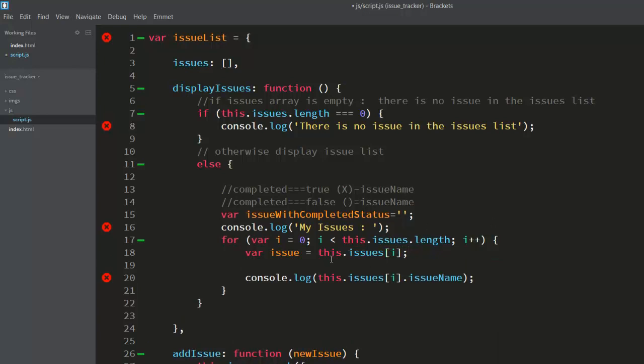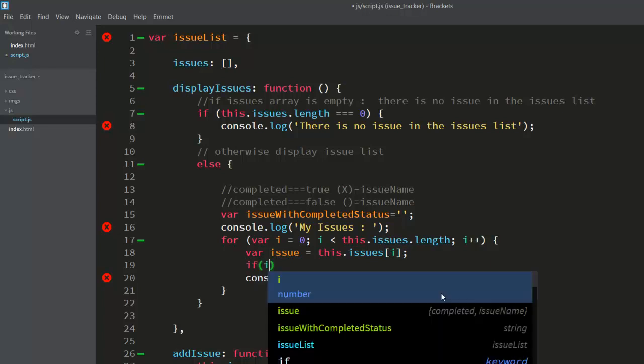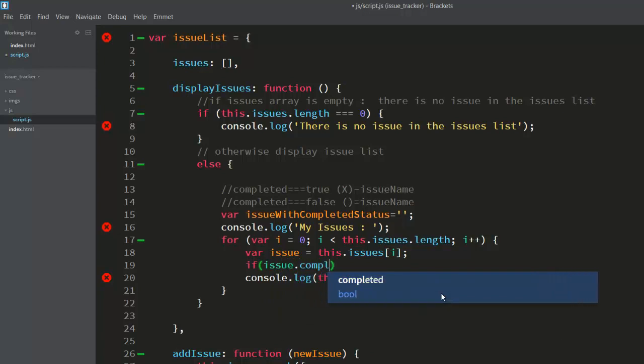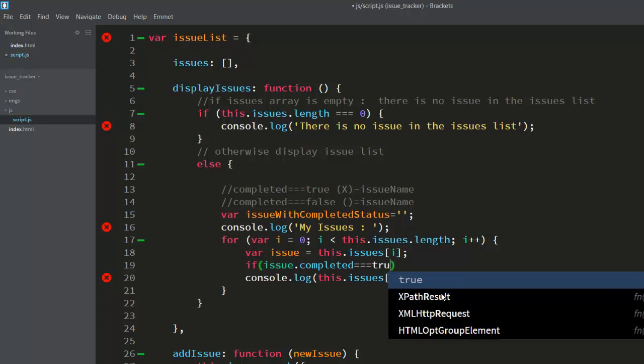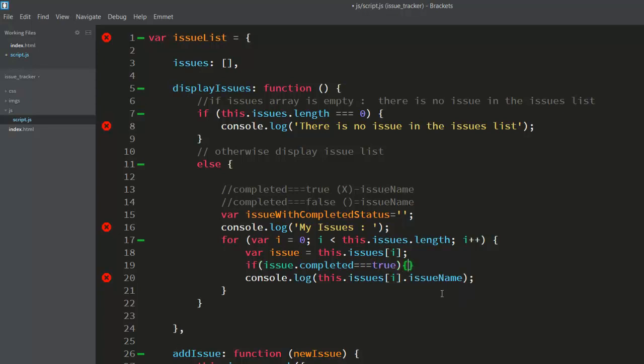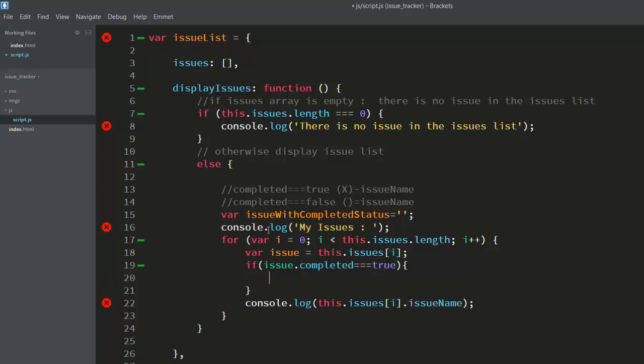Now instead of writing this whole code at the time, we will be using this issue local variable over here. So let me just use it. You will say if issue dot completed, if this completed is true, what I want to do is create the issue with completed status. So I'll do this, and here I would like to create the output in this particular format.